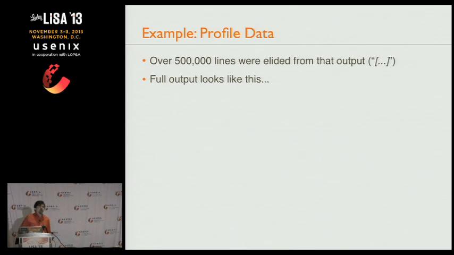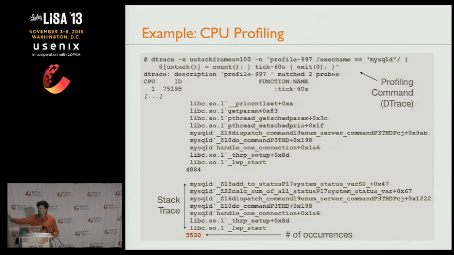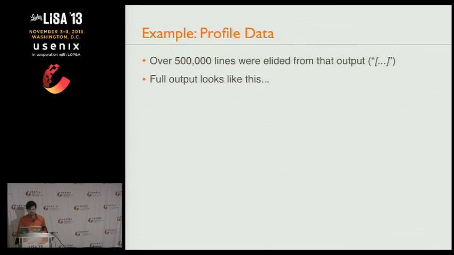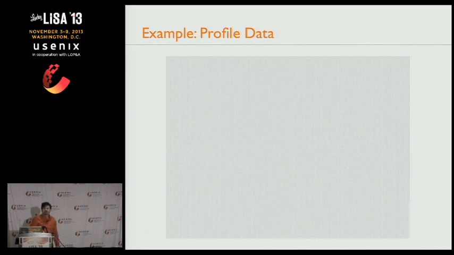However, there were over 500,000 lines elided from that output. So that's why I had the triple dot there. The full output actually looks like this. And that's the most boring visualization I've done. It looks like just a gray square. This is really hard to do, but I was really curious: what would it look like if I took all the over 500,000 lines of output and tried to get an image of it? So I figured out a way to get it into a browser and snapshotted it.